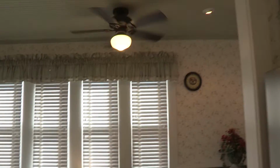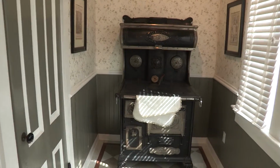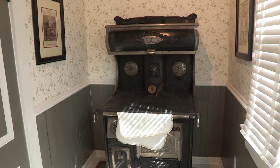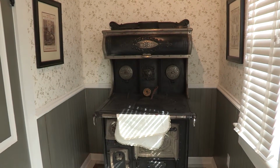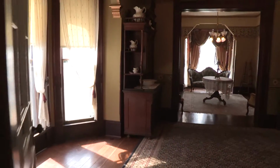And around the corner we have the original stove from 1886. That's the original stove, cook stove, that came with the house in 1886. A lot of meals were prepared on that. And of course this opens into the dining room. And beyond that, of course, is the parlor